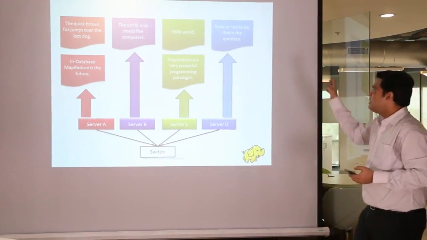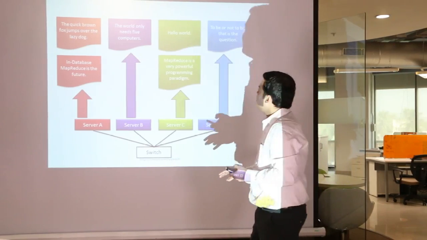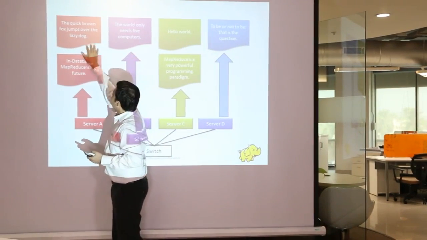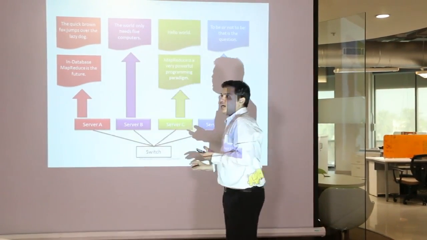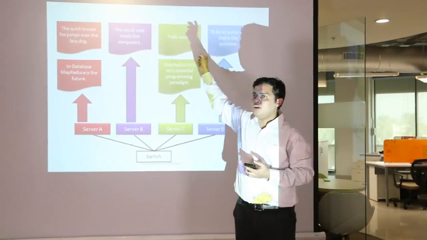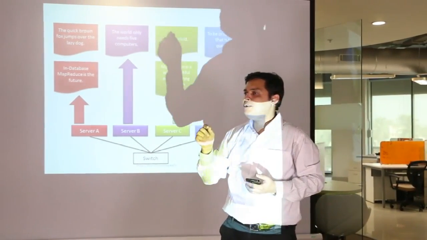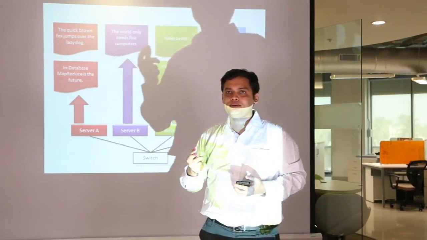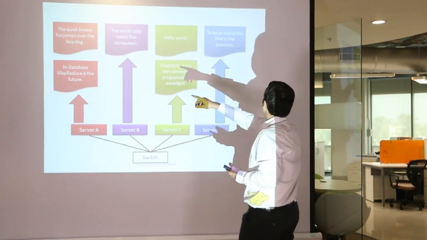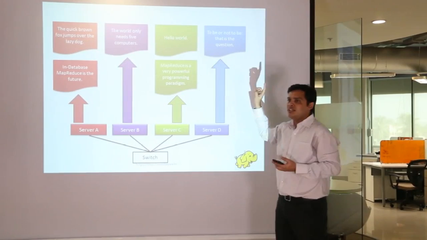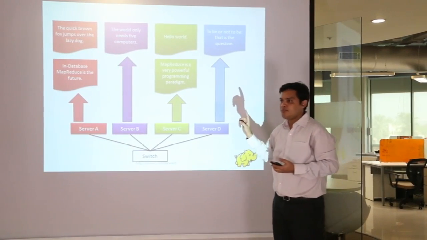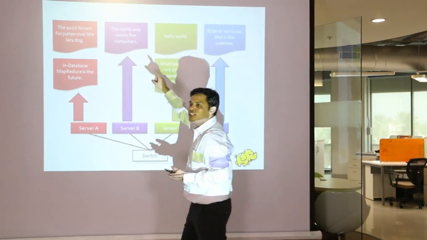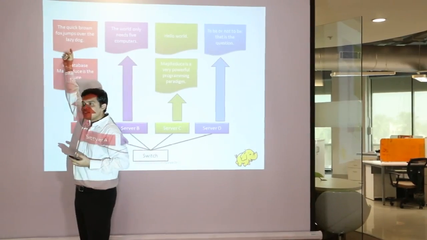So let's say this is my document. Each document has text in it. I want to count, across all the documents, how many times a word is appearing. So if I say week, in this whole set week appears only once, so my output should be week: 1. Any idea what is so special about this text?